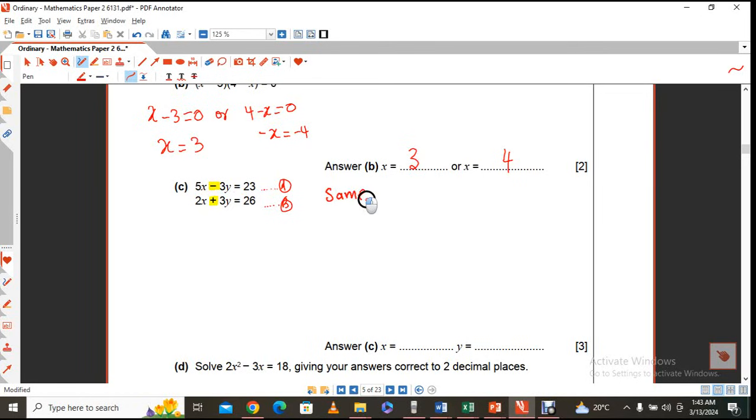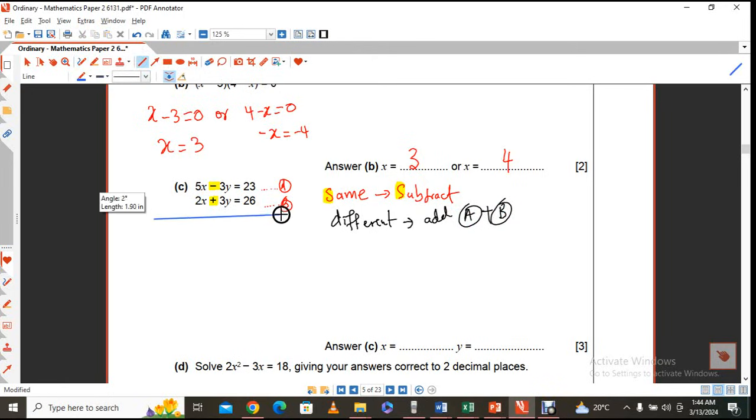If the signs are the same, suppose that was also a minus and that is a minus, then you subtract. So the way to remember it is obviously using this letter over there. But if the signs are different, as in this case, then you simply add the equations together. So I'll be adding equation A to equation B. And if that is the case, that's going to give me,